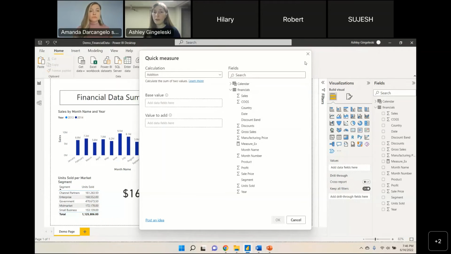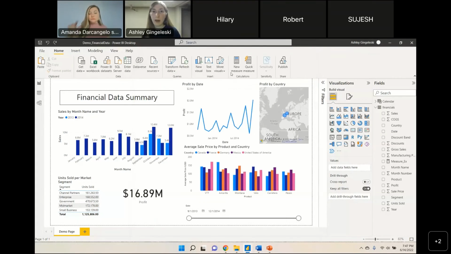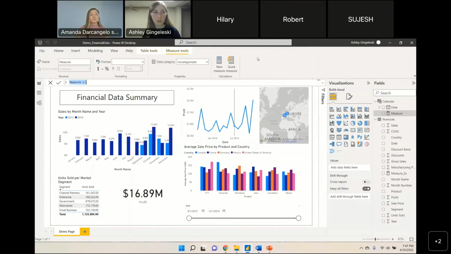But if you would rather type it out, if we go to new measure, I think. So yeah, this will bring up the ribbon at the top, where you would give whatever name you're going to designate to what you're using, but then for the syntax of DAX, that'll have